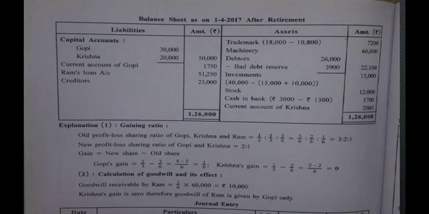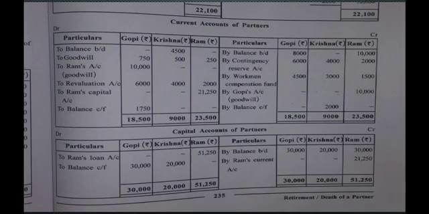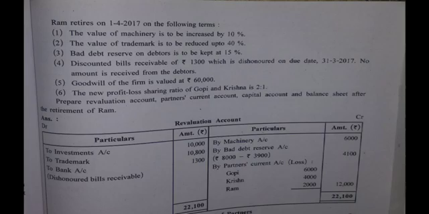Which was the first effect? It was in revaluation account, on the credit side by bad debt reserve account 4,100. Why have we written it on the credit side? Because the amount available for bad debt reserve was higher compared to what is required to be kept. We are supposed to keep only 3,900 and 8,000 is available. So the excess amount is not required, and this is the reason that amount has been credited in revaluation account.